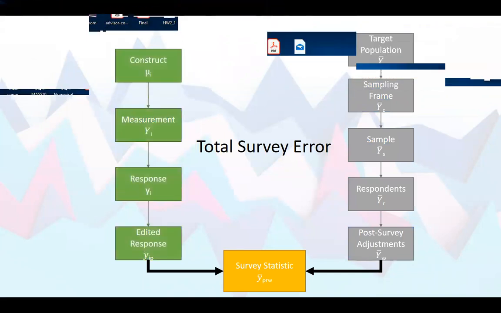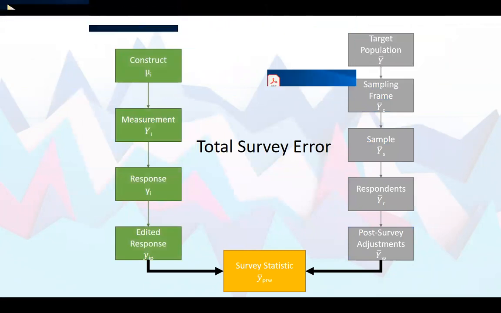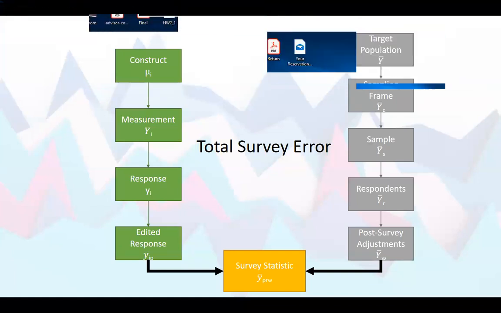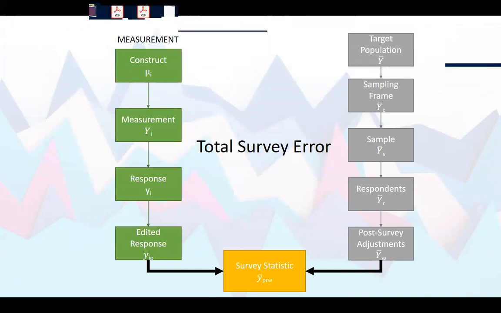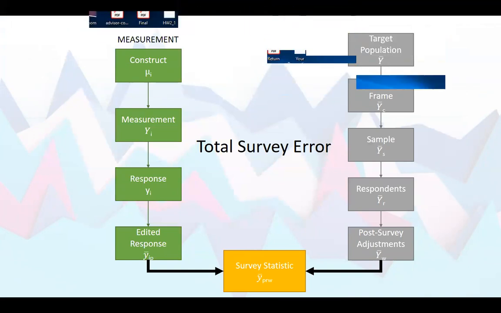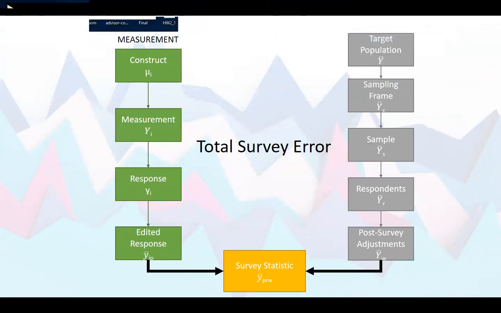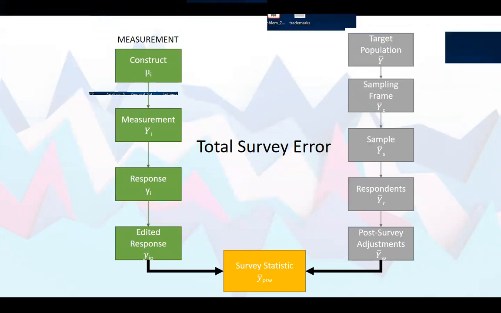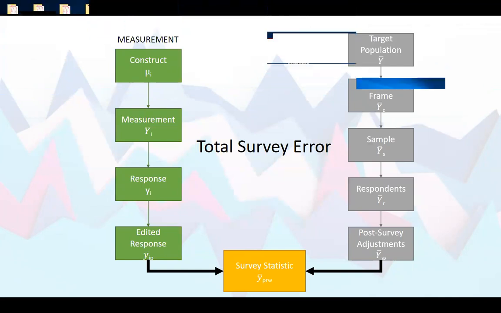You need to consider two things when you're doing this. On the left-hand side, all of these boxes, these 4 boxes, have to do with what we call measurement error. So these are the ways in which the single piece of data from a single respondent can go wrong. Right? From developing the construct, what it is that you want to measure, down to the response and editing that response before it actually goes into the spreadsheet of numbers that you'll analyze with your statistics. The other side